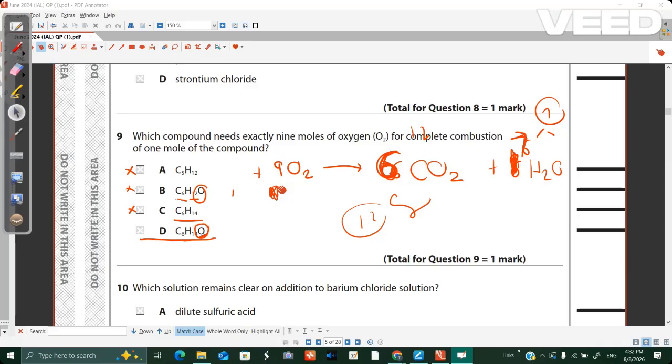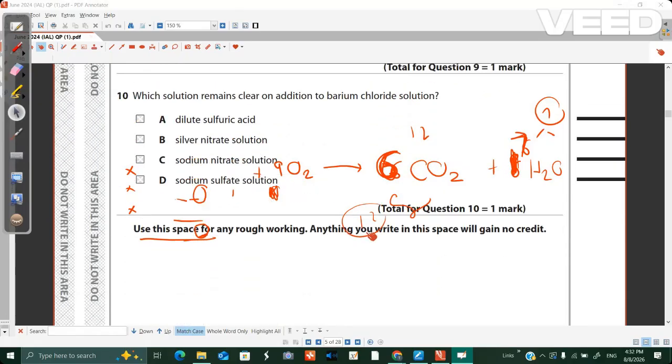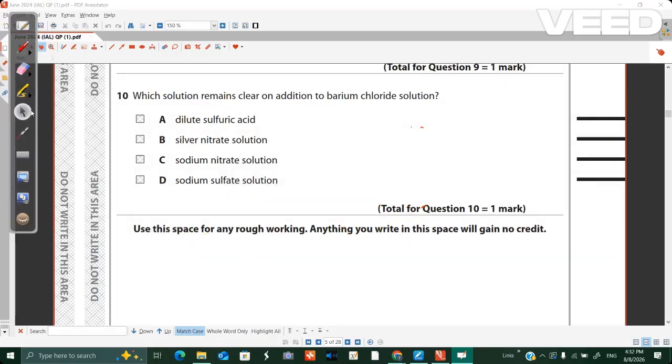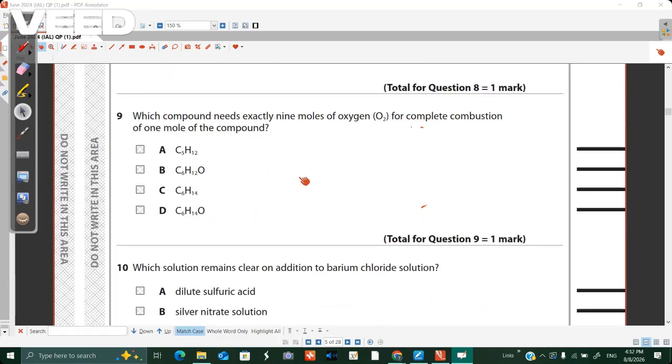So just leave it for later. This one is an easy one, but it takes a bit of time because you will have to write the balanced equation and check whether the ratio is 1 to 9. Right? Okay. Is it okay? What did you do? Did you balance it from scratch? It takes a bit of time, right? Otherwise, like I did, you can cheat a bit there,